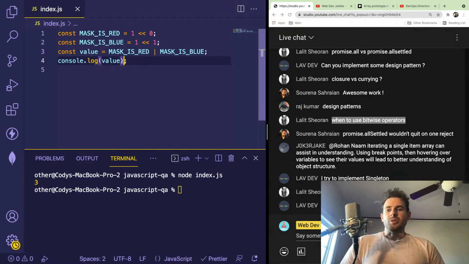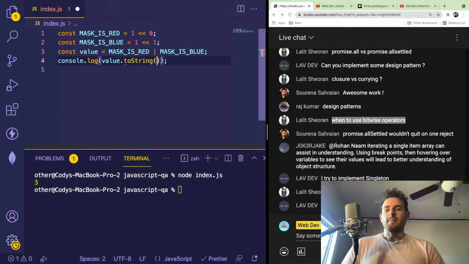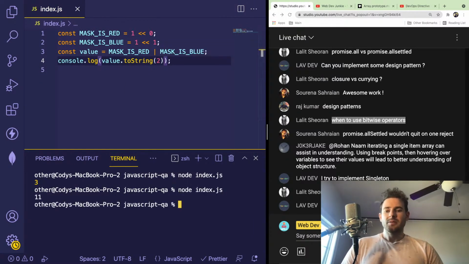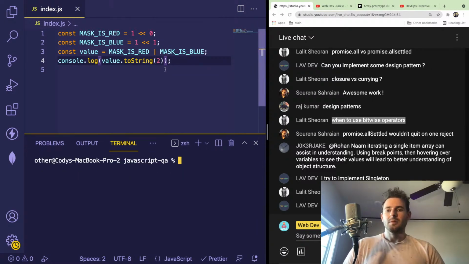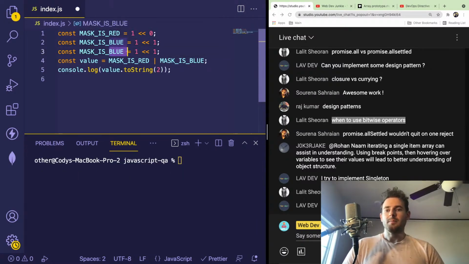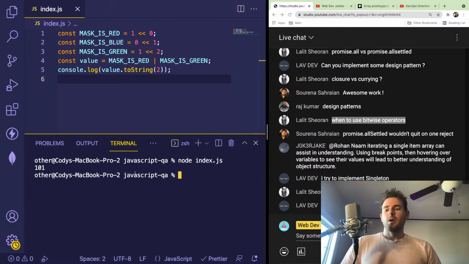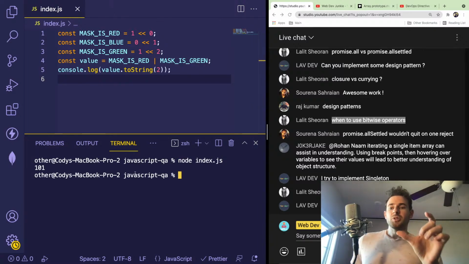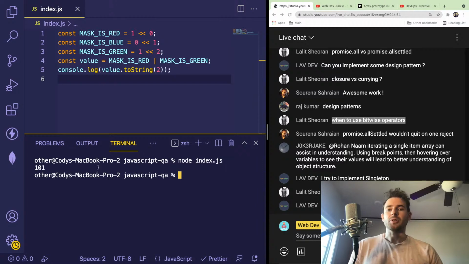How do I print this out as a string? I think I say .toString and pass it a radix, whatever it's called. All right, bear with me. Okay, all right, let's see if this actually does what I want it to. All right, you see here we printed out the actual binary version of the integer, and